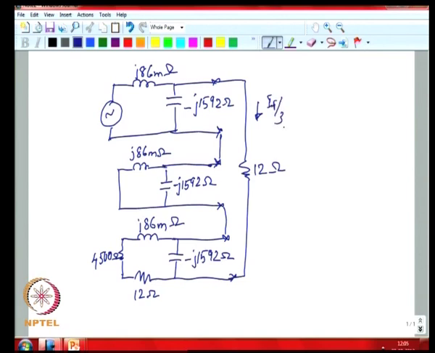So, you can calculate your fault current level with the parasitic capacitance, and that would be